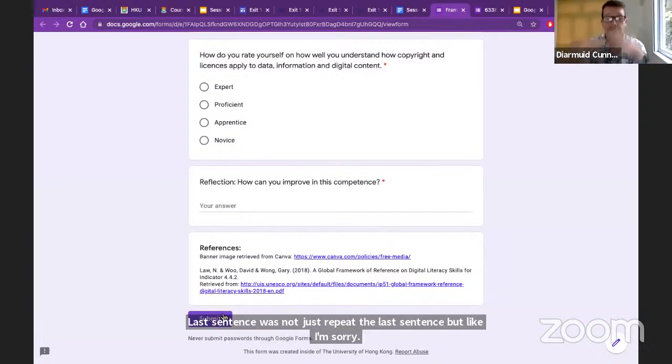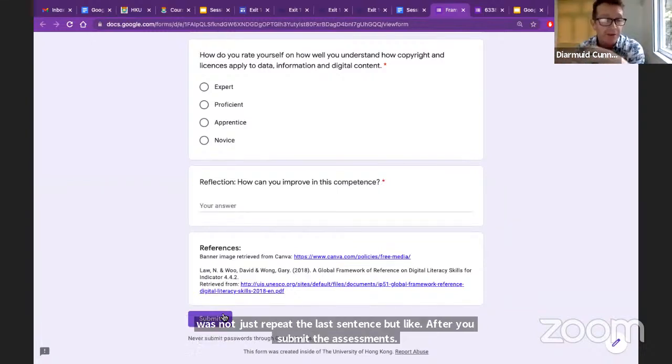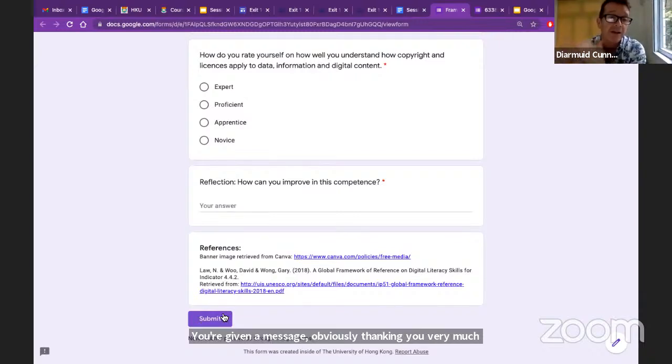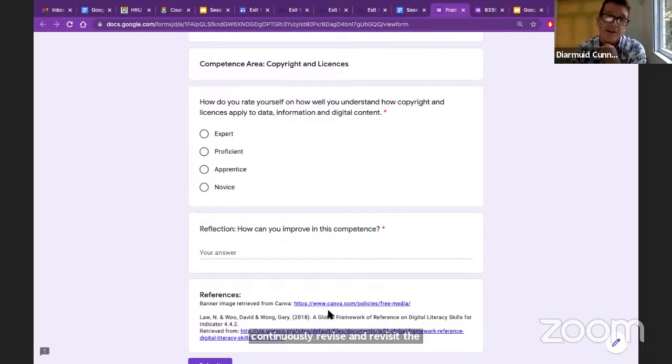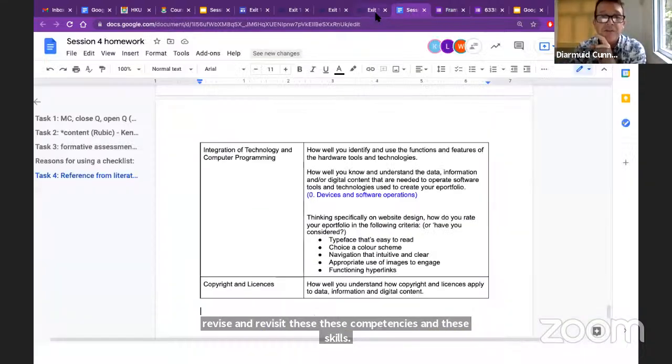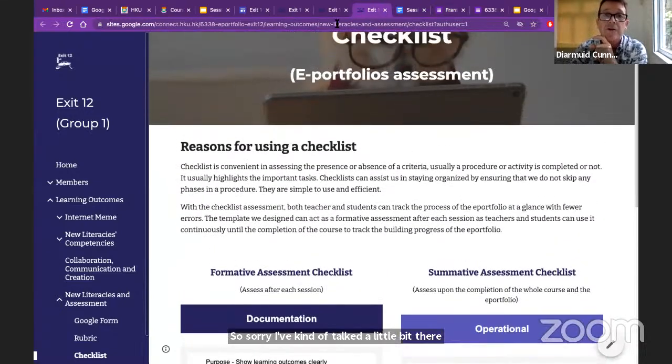After you submit the assessment, you're given a message, obviously thanking you very much, and then you're given a link to be able to go and inspect that UNESCO document once again, and you're reminded about how you should continue your efforts to upskill yourself. So it is an assessment, but at the same time, it's a reminder that we as students need to continuously revise and revisit these competencies and these skills. So sorry, I've talked a little bit there. Looking a little bit further,